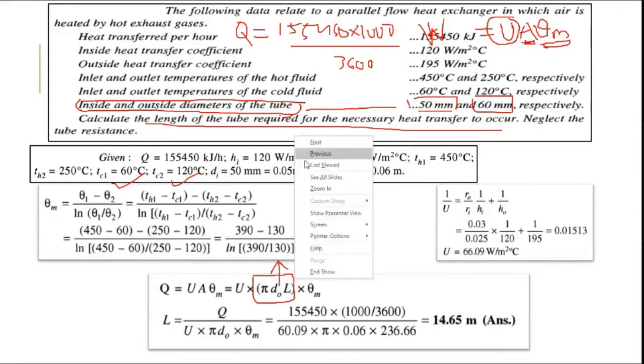I'll just draw a pictorial representation of the heat exchanger which we are using in this particular case. So say this is the side view of the heat exchanger. We have two different pipes. In the inside pipe, one of the fluids will be flowing. In the pipe outside, some other fluid is flowing. What kind of heat exchanger was given? Parallel flow or counter flow? Parallel flow. It means the outside flow will also be in the same direction.